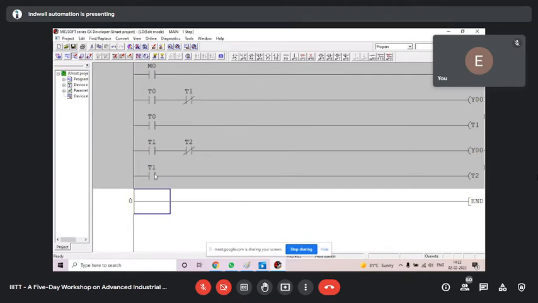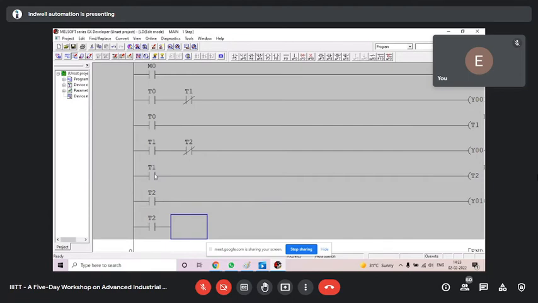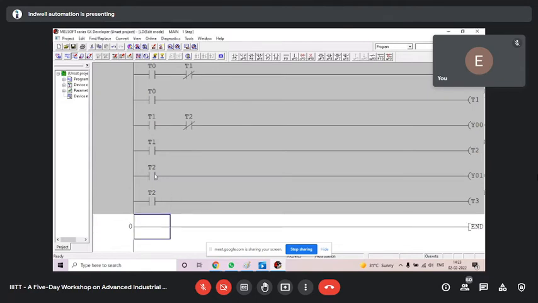Then you have to take T2, and from T2 you have to take Y10. Now from T2 you have to take another timer T3 space K70. Okay. That NC and all I shall do further, but if you want to note down, you write it down please, or you can see this in the video also further.